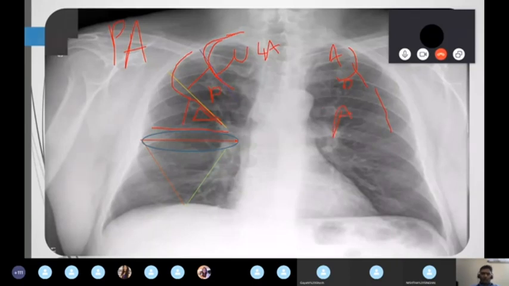This is very important for all of you to understand. So the upper lobe has three segments. Please all of you take a PA X-ray. In a PA X-ray, please see the oblique ribs. Above the first rib is the apical segment. First rib to second rib is the posterior segment. Second rib to fourth rib, where your horizontal fissure forms, that is your anterior segment. So that's how we finish your upper lobe.